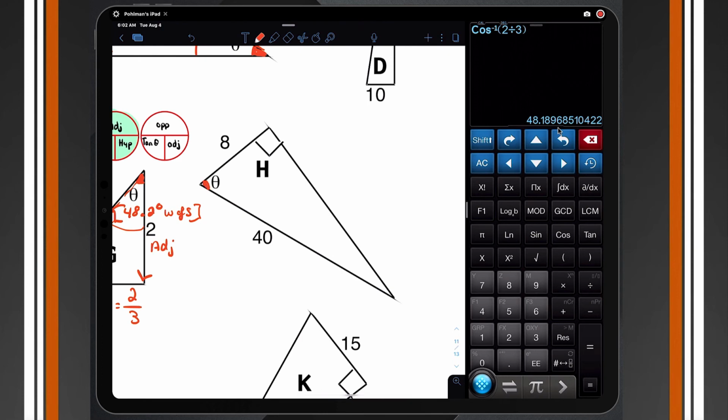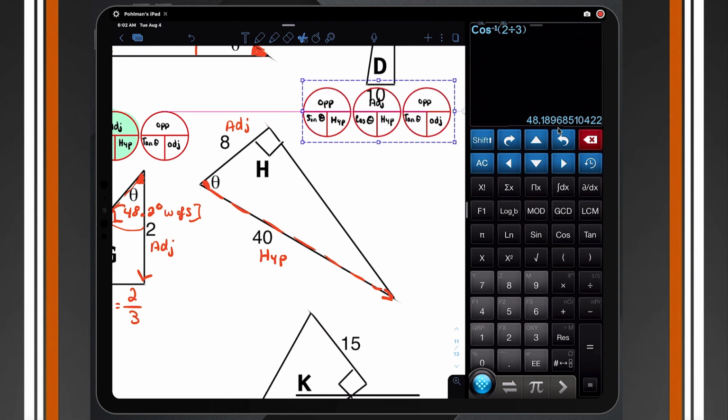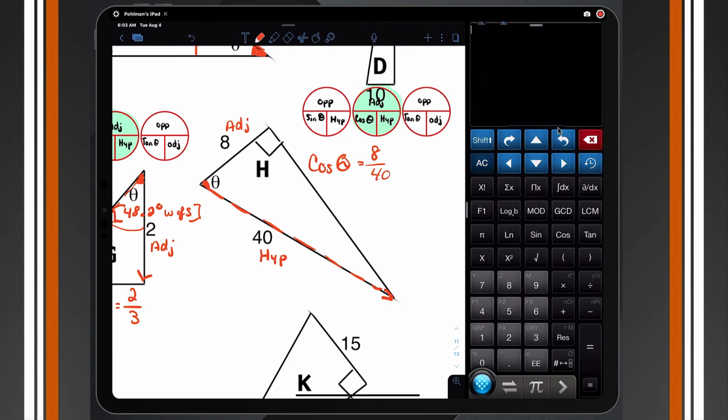Letter H here. You've got your resultant vector right here. That means the 40 is the hypotenuse, and then the 8 is going to be the adjacent side. When we work this out, from our list of trigonometric formulas, we're going to have to use adjacent hypotenuse. We've got another one that's using cosine. So we'll have cosine theta equals 8 divided by 40. So we'll clear this off. We have inverse cosine, 8 divided by 40. Close it. You've got an angle that would be